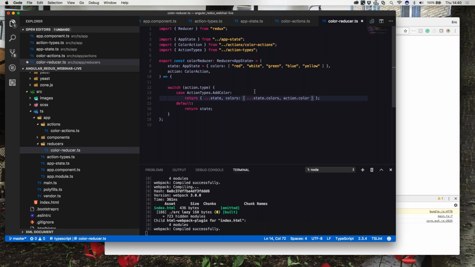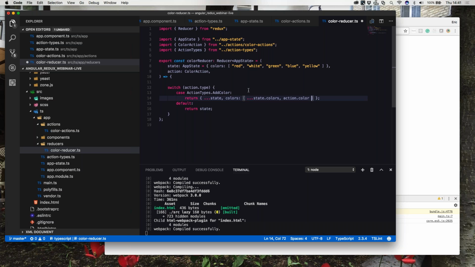You'll notice we're not mutating anything here. At no point are we mutating the object that the state variable points to. We're not mutating the actual array of colors that state.colors points to. What we're doing is producing a new object, copying the original properties over from state, replacing one of those properties with a new property for colors, and then taking the original array of colors and producing a new array with it, and then adding this new color to the end of that new array. So all of our code here is working in an immutable fashion